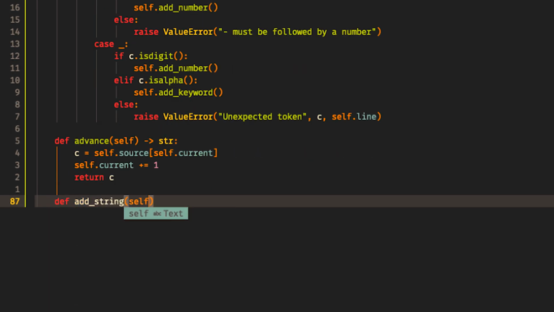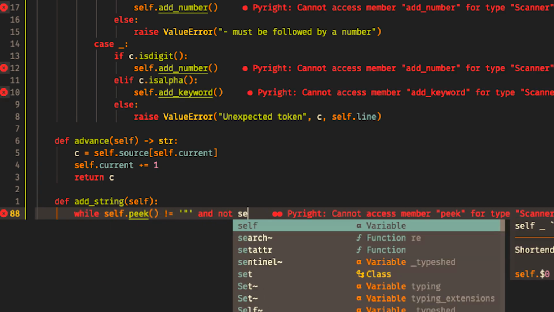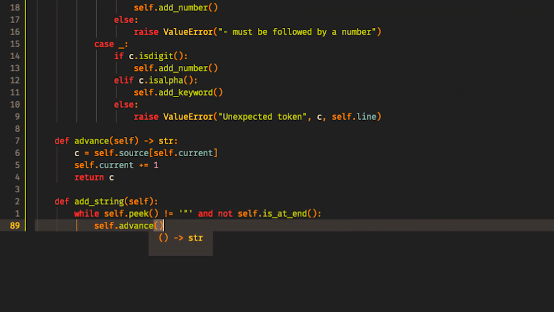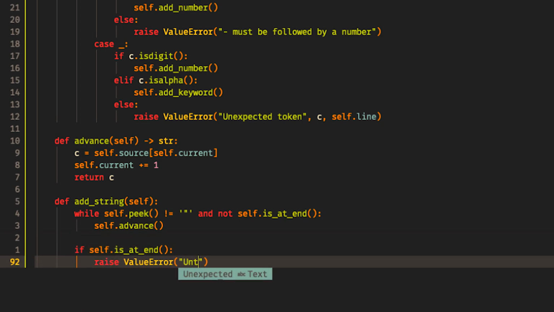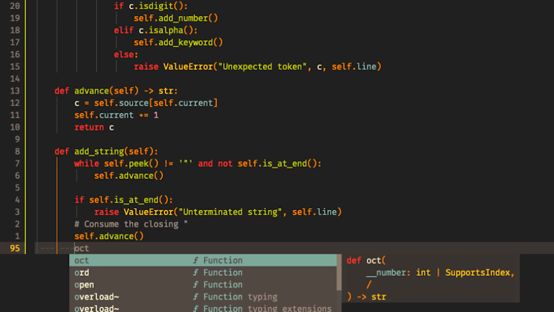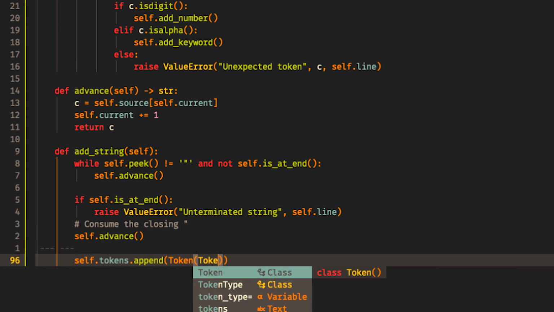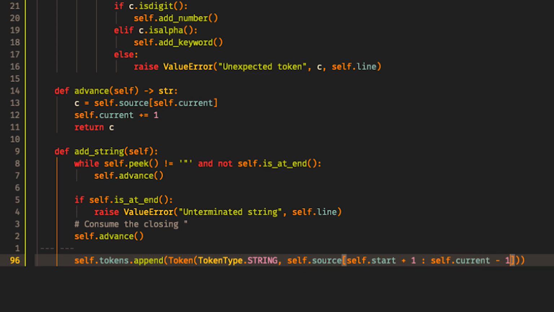Add string works by iterating through the input until it finds a closing quote or the end of the file. If neither is found, it advances the counter. If the end of the file is found before the closing quote, we raise an exception to declare that the string was not terminated. Finally, we advance the scanner once more to consume the closing quote. We then add the string token to the list of tokens, being careful with our indices to strip off the